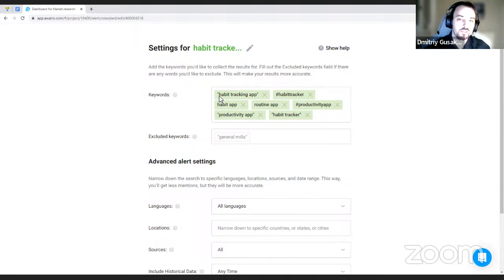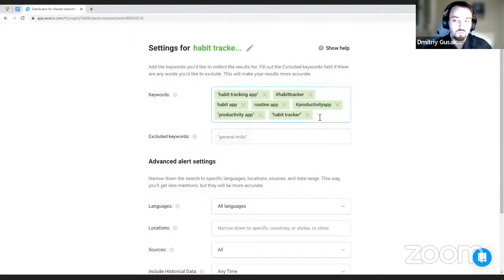The key point here is to use what we call industry keywords. Basically, whatever vocabulary you think people would use to refer to a product you want to develop, or service, of course. In our case, it's really simple. It's just phrases like habit tracking app, productivity app, habit app, and a relevant hashtag, literally the same thing, but in hashtag form.